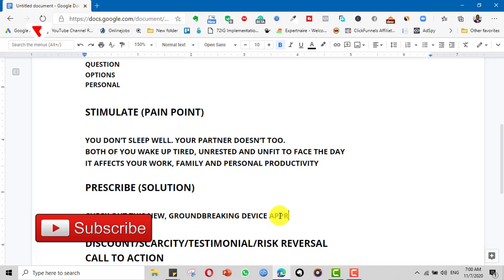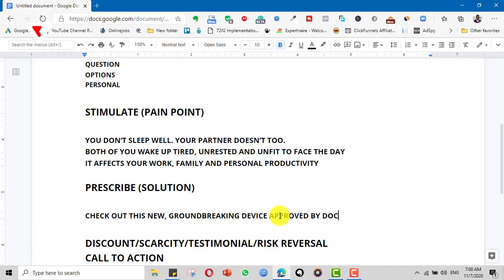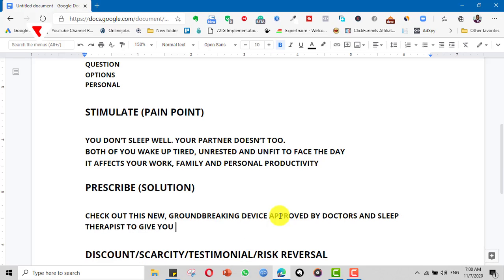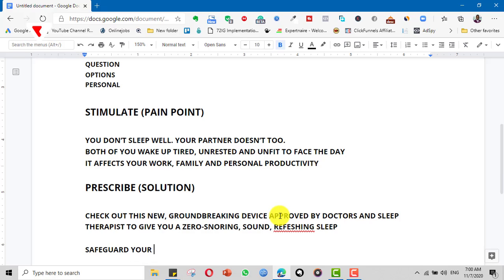Devices approved by doctors and sleep therapists to give you, so now the benefit is zero snoring sound. People want to wake up to refreshing sleep, safeguard your love life, and boost your workplace and personal productivity. Do you understand? So we are reversing the whole thing, reversing all the pains, the consequence of the consequence